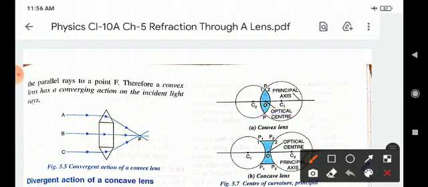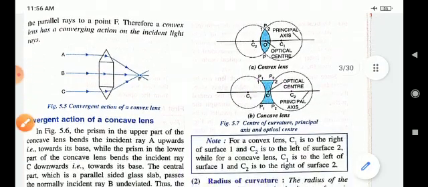Children, P1C1, P2C2 is the radius of curvature of the concave lens. Okay, children. Next,